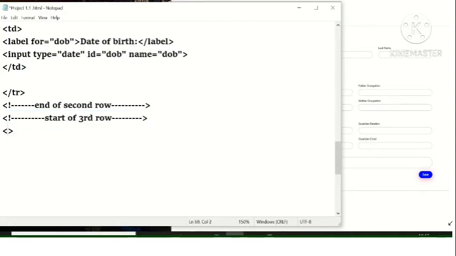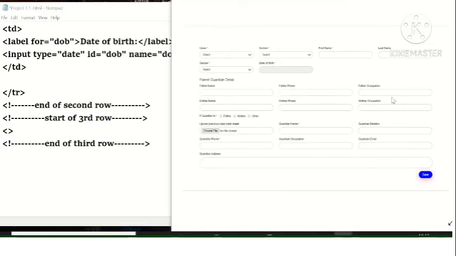Similarly, we are again going to declare a new row where we will store the new data elements of that table. Please remember that we are declaring all these table elements inside the form, and we are using the form fields in a table. But first, we have declared the form tag.